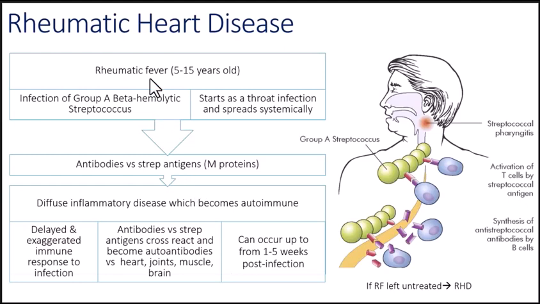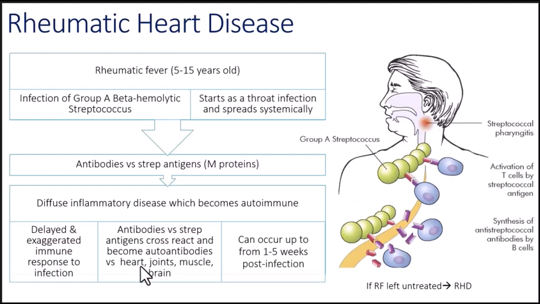Rheumatic fever is a systemic inflammatory disease that's caused by this sort of unusual immune and inflammatory response to the bacteria. So it's how our body responds to this bacteria. Rheumatic fever will, in those that are genetically predisposed to developing it, occur weeks after a strep throat infection. And it's characterized by